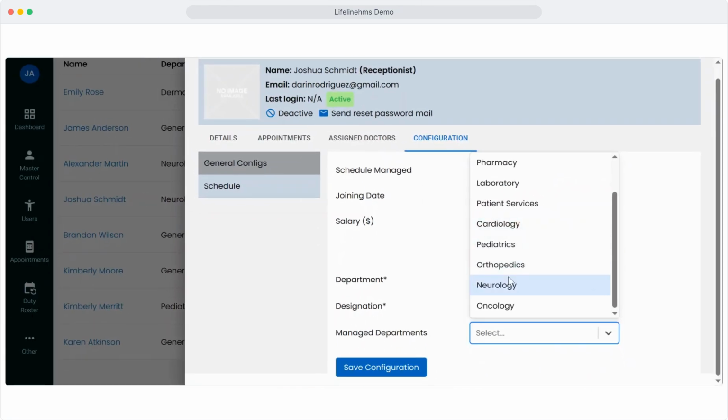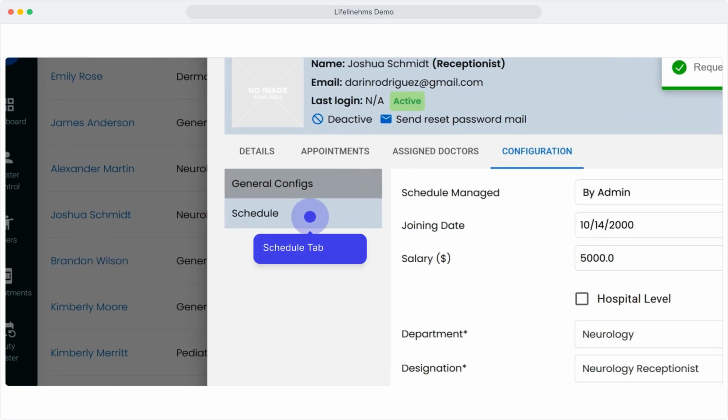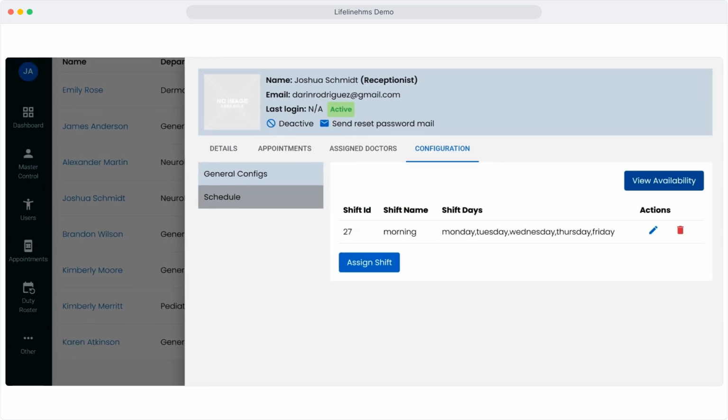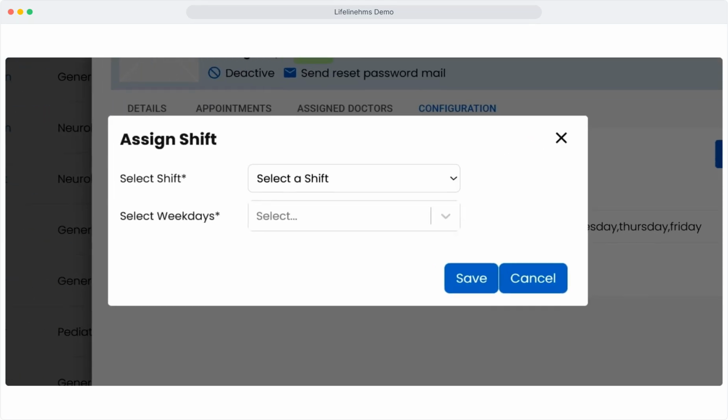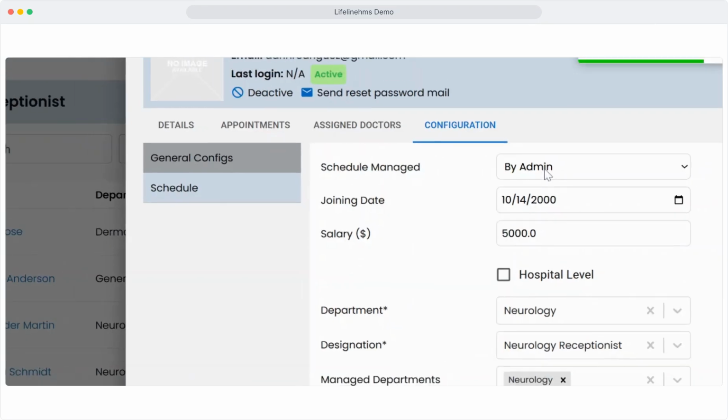Next, in Manage Departments, you can assign the receptionist as a manager for one or more departments. Finally, the Schedule tab. Here you can view all of the receptionist's assigned shifts. If the receptionist is doctor managed, this section will display the doctor's schedule they follow. To manually assign a shift, click Assign Shift. Select the shift and then select the weekdays for the receptionist and click Save. The shift will be added to the